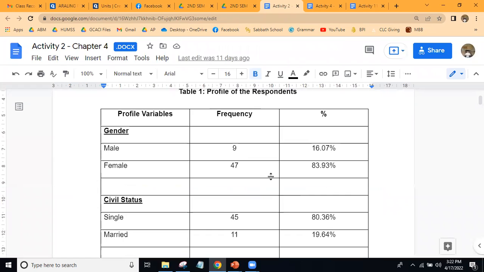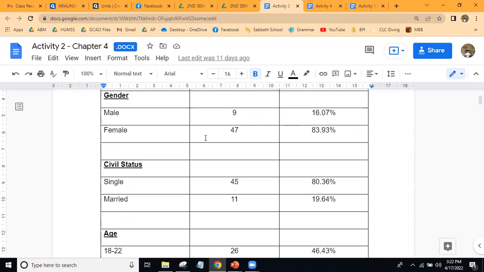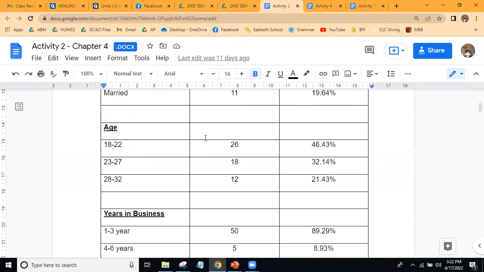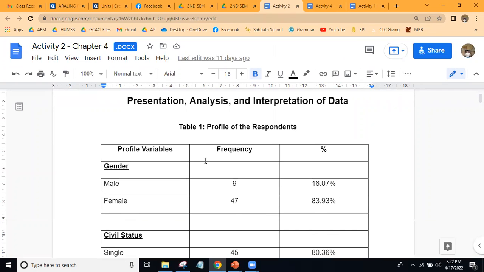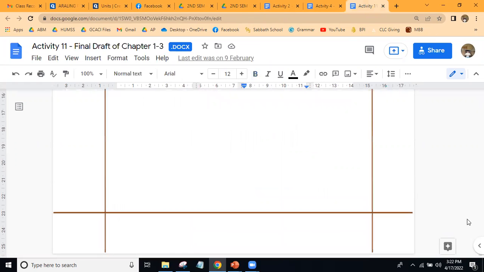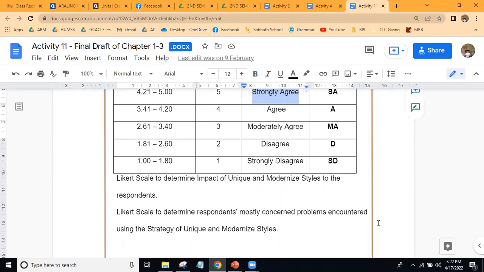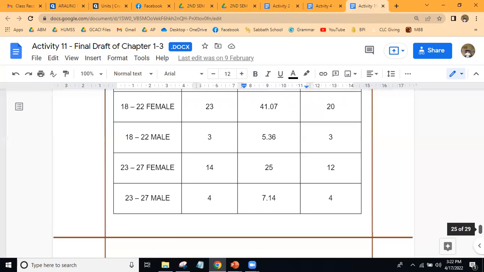I think ako ang gumawa nito. Sa chapter 4, kung ilang SOP, ganun lang din dapat karami ang table. But it depends. Kasi meron mga, let's say for example, table 1 point something. So ito lang yung presentation. Yung table 1, yung nakita natin kanina sa SOP niya. Let's go back nga sa SOP, para nakikita nyo kung paano talaga.